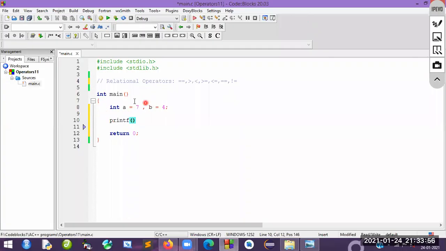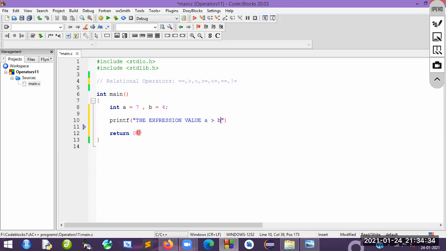Let's take variables a equal to 7 and b equal to 4. Now I will write the expression value. A simple example: a is greater than b.